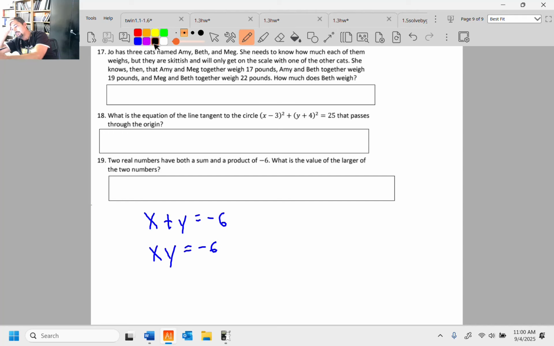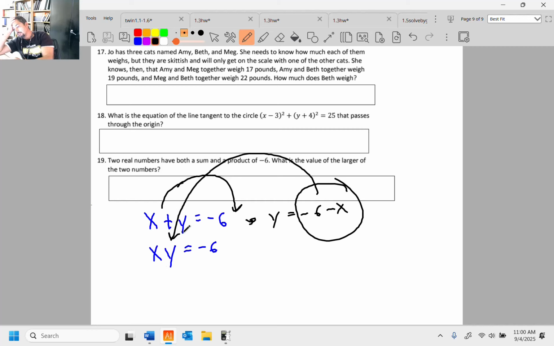You're perfect. Anyways, I'm going to, for no good reason, solve this equation for y. So y is -6 minus x. I couldn't do the elimination method here. There's no way to add those together and make something disappear. But I can use substitution. And then I'm going to take this quantity and I'm going to put it right there. So it's going to give me